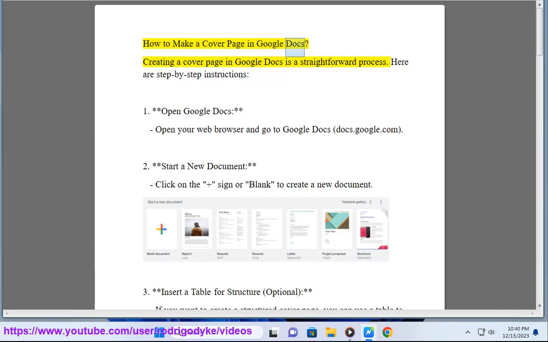How to make a cover page in Google Docs. Creating a cover page in Google Docs is a straightforward process. Here are step-by-step instructions. 1. Open Google Docs. Open your web browser and go to Google Docs,